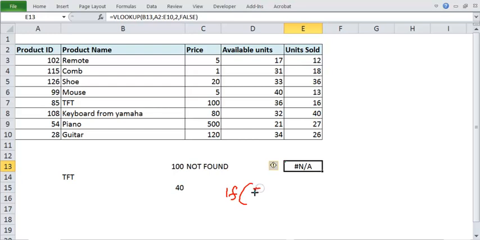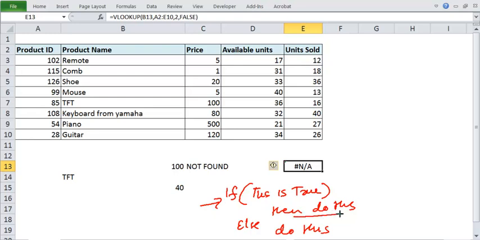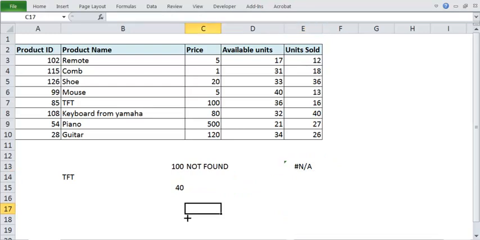Excel IF constructs help us do the if-else condition. So we say that if this is true, then do this, else do this. So this is your if-else construct. If this is correct, do this, else do this. We can take the help of the IF construct to construct a meaningful error. Rather than giving this NA type, we tell the client what error they are getting and what is happening. So we have an IF function here.